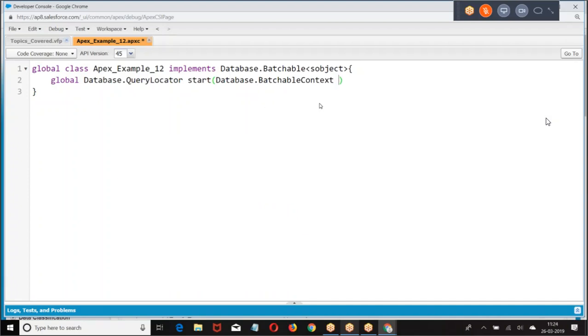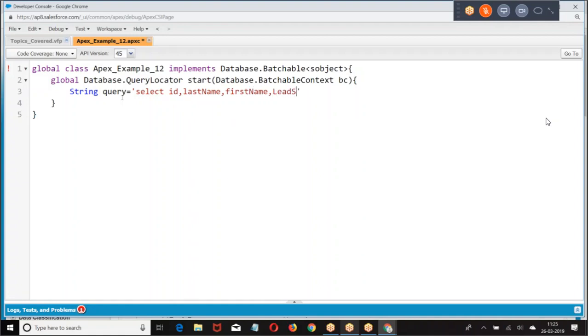batchable context, database.query locator start, batchable context. So I'm going to take last name. And how do you write it?